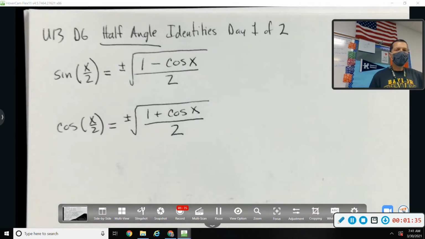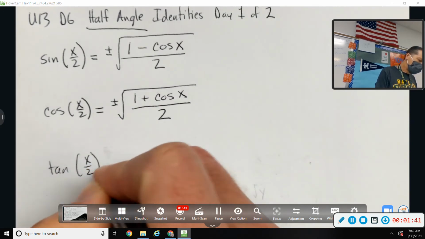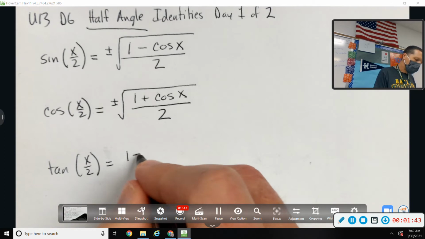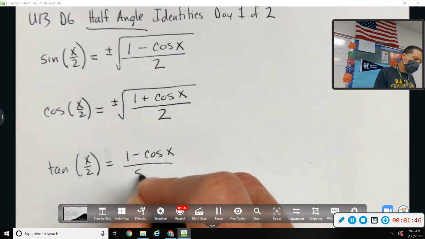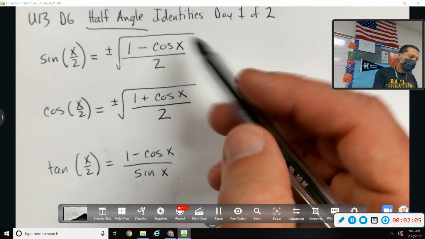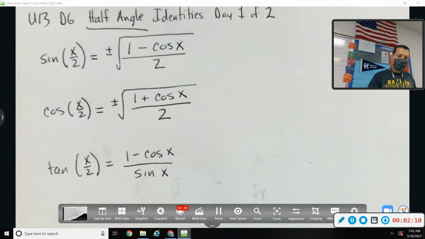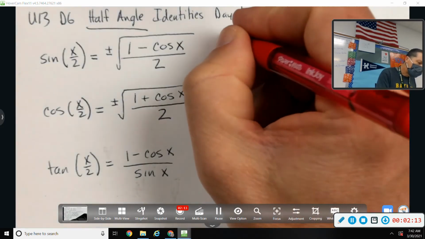Okay, let me give you the tangent one, and then we need to talk about them for a minute. Tangent of x over 2 is (1 minus cosine of x) over sine of x. So one of those rare instances where tangent is easier than sine or cosine. We've never used these before, but we've done things like this before, where I give you a picture and an angle, you apply the formula, take care of the algebra, and come up with an answer. The big thing with these is that plus or minus,